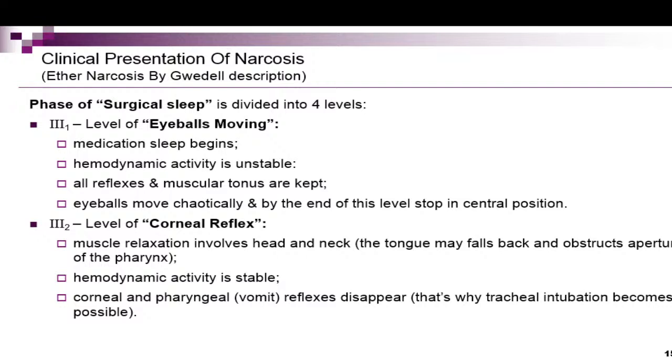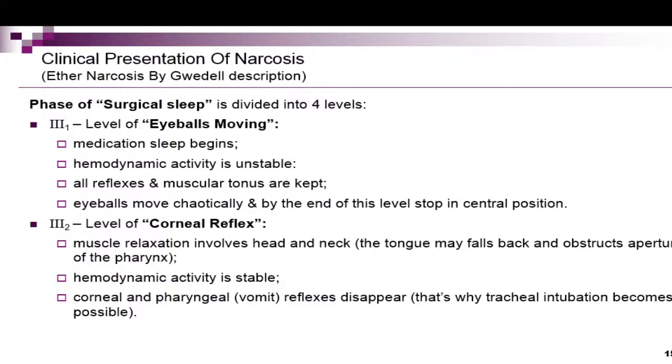Induction of narcosis takes the first and second stage phases. Maintaining of narcosis takes the third phase, the phase of surgical sleep. So we must divide into levels. Deepness of narcosis depends on concentration of the anesthetic, and we can clinically recognize concentration of the anesthetic by